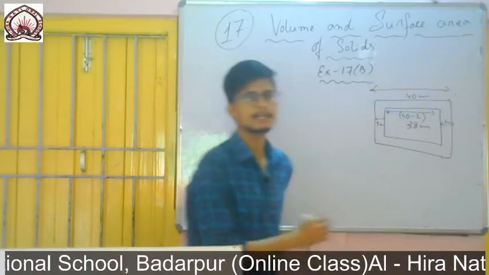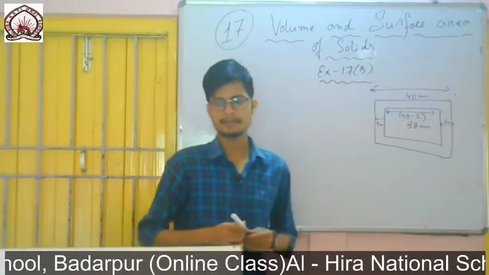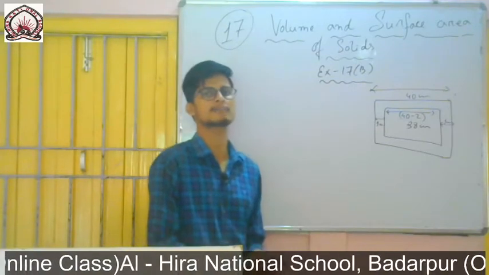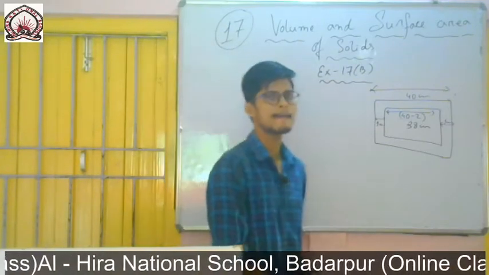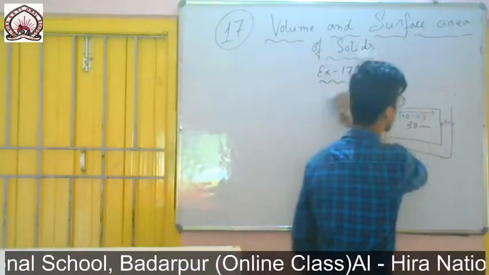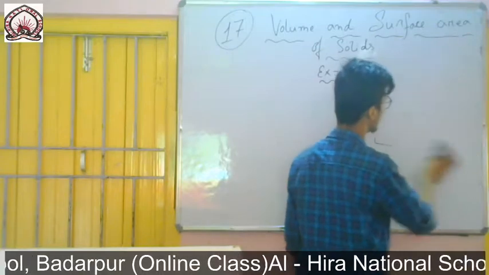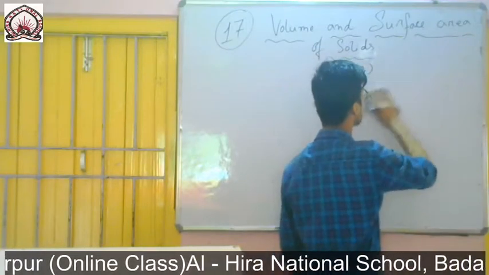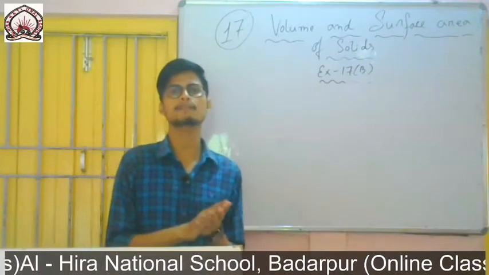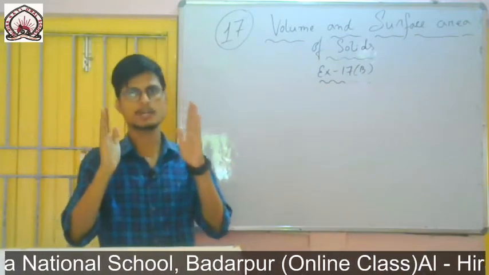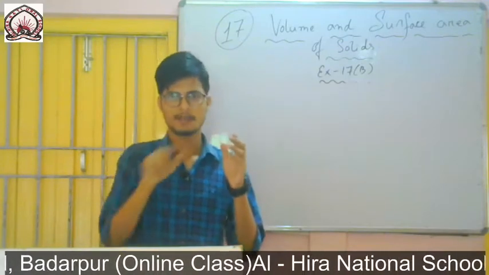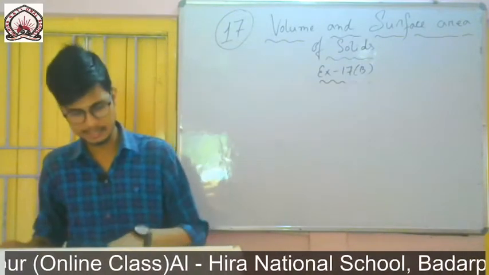Simply, to find the internal dimension, we subtract double of the thickness. What is the thickness given? Simply multiply it by 2 and subtract it from the external dimension. So first we'll find the external volume of the box, then the internal sides, then calculate the internal volume, and then subtract this internal volume from the external volume. We'll get how much volume of wood is there.